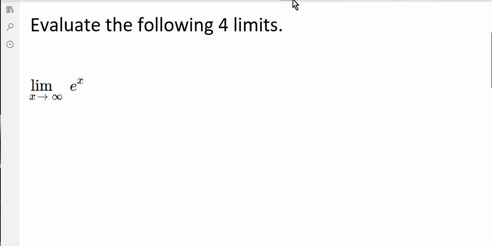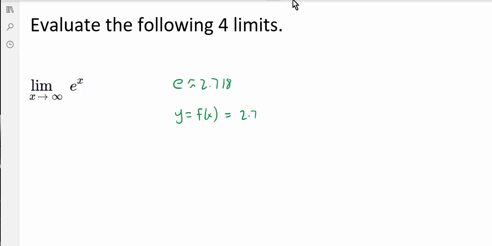In this problem, we need to evaluate the following four limits. The first of which is the limit as x approaches infinity of the function e to the x. Recall that e is approximately 2.718, so this question is basically asking if you had the function f of x